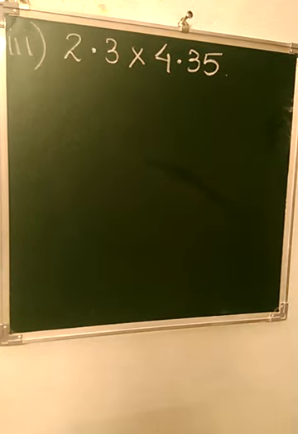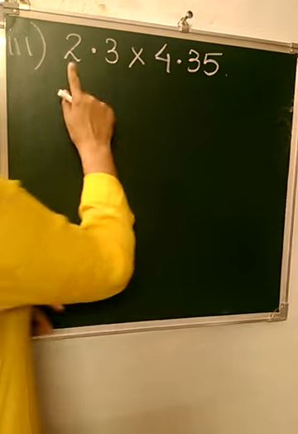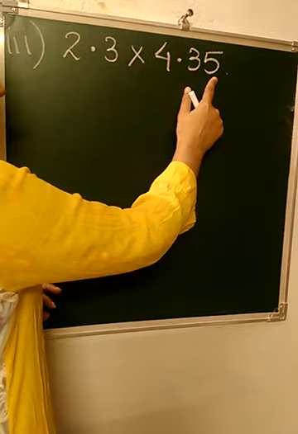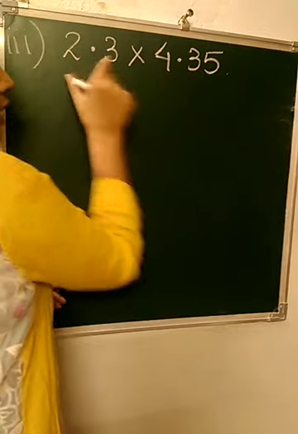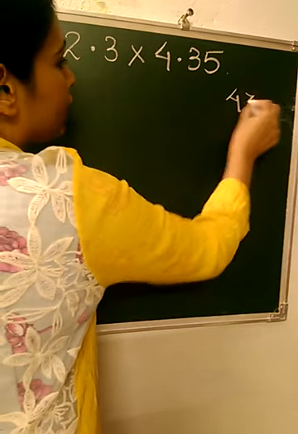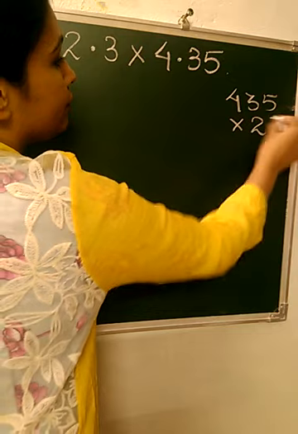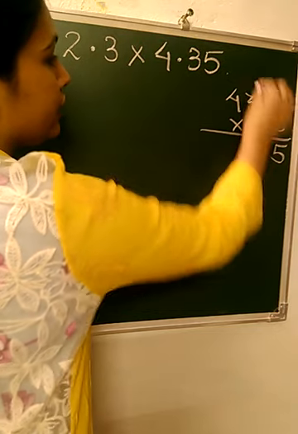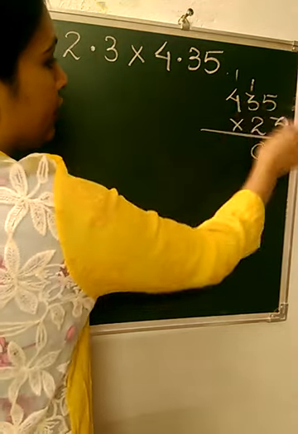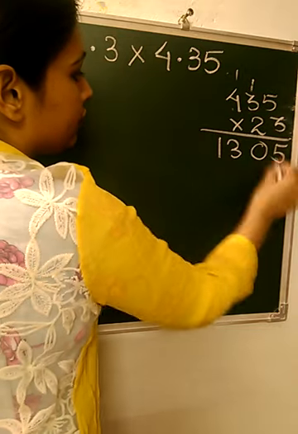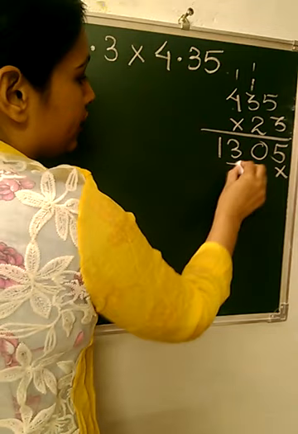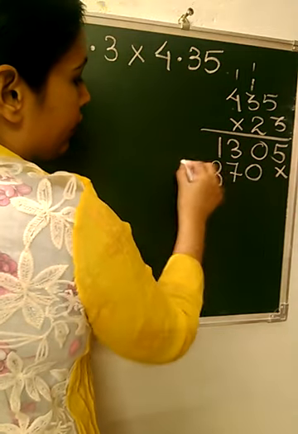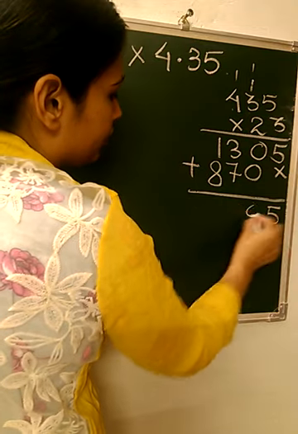Now starting with the third one. Again we will simply multiply the numbers. So here you can see these are 2 numbers and these are 3 numbers, and we have already studied the property that we can multiply in any order. So we consider this as the multiplicand and this as the multiplier, so that we'll have to multiply only with 2 numbers. 3 5s will give us 15, 3 3s are 9, 10, 3 4s are 12, 13. First place cross, 2 5s are 10, 2 3s are 6, plus 1, 7, 2 4s are 8, 5 0.